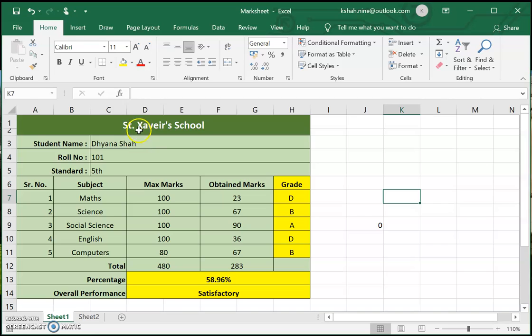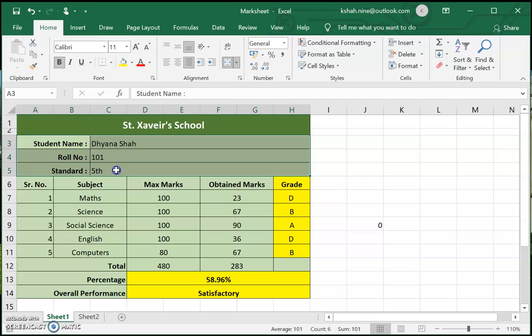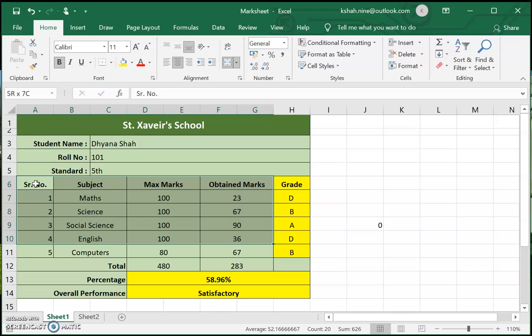First let's see that here we have the name of the school institute, then student name, roll number and standard. If you notice, here I have used two columns, A and B both. For this we have taken C to H, so we have merged the cells. Here we have a simple data entry thing, and